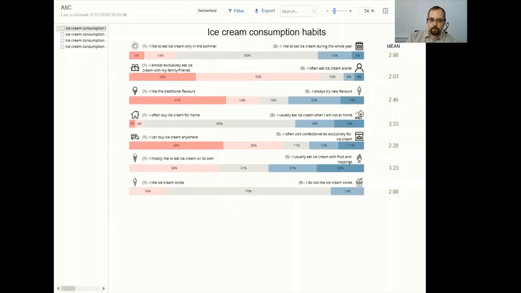Now I will further filter the data to the youngest age group, and you will see the average values for the first row, which is about the timing of ice cream consumption. Somebody likes to eat ice creams only in summers, while others eat during the whole year. The mean values will increase in this row, but in the fifth row, about the places, anywhere or any special places, is significantly decreasing. The color of these rows will also change spectacularly.